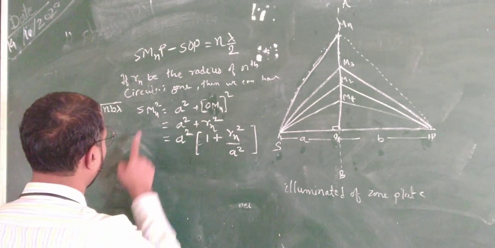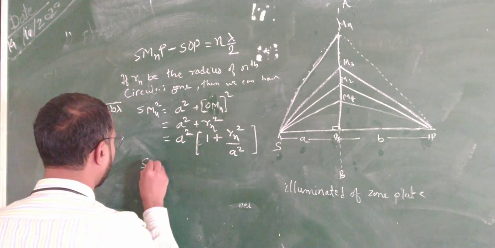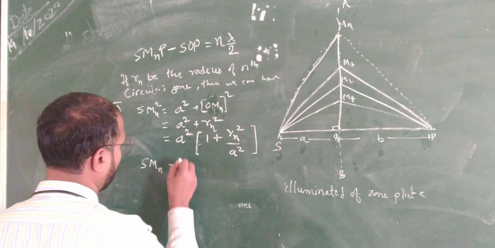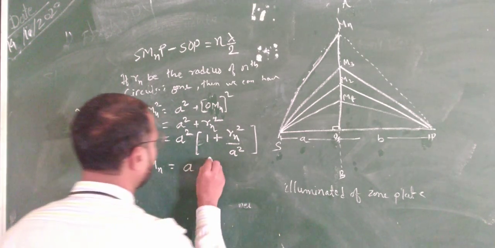So what we get, suppose SMN is nothing but the square root of this term, so 1